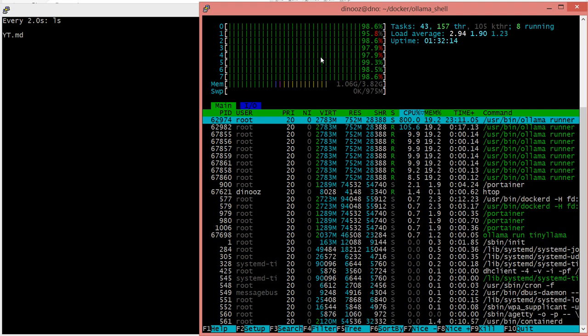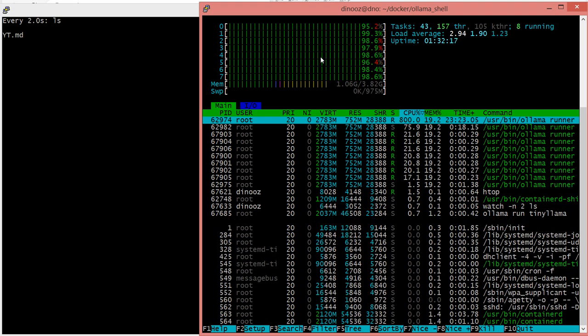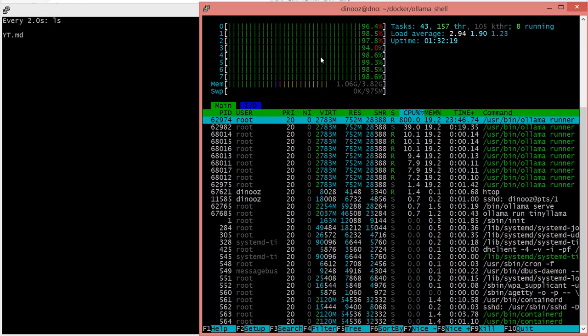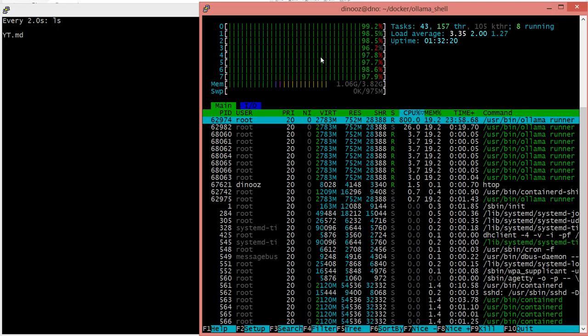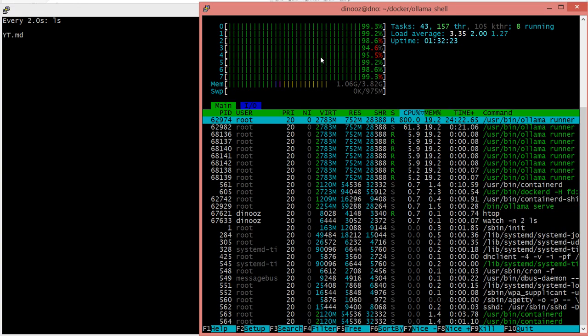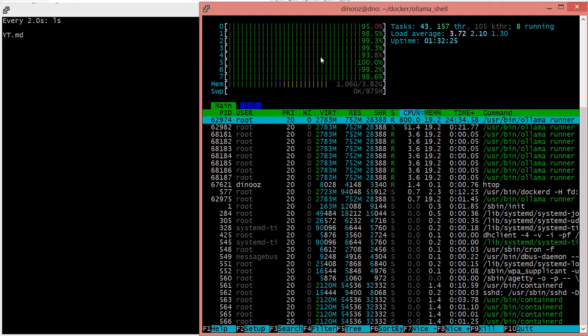Again, we see the flat line. We see a lot of things on the Ollama runner. It is doing a lot of things, trying to get and compile and crunch all those numbers. This is actually, the more processes you have,